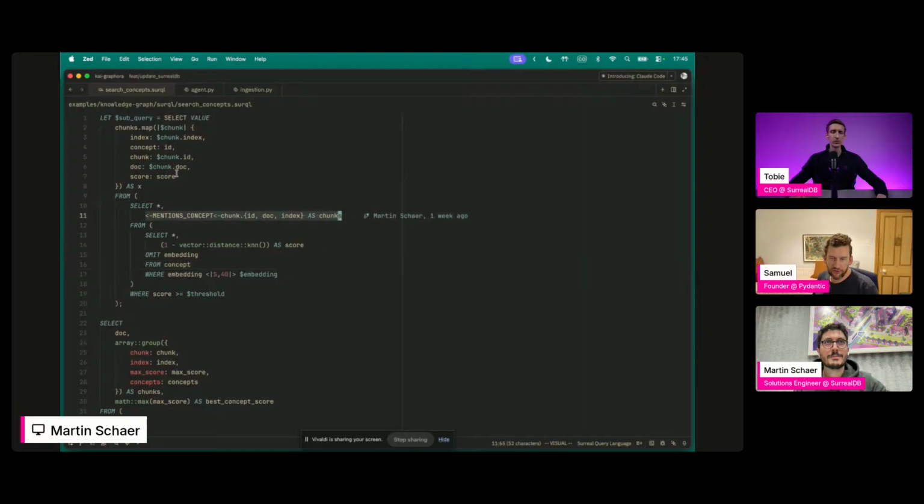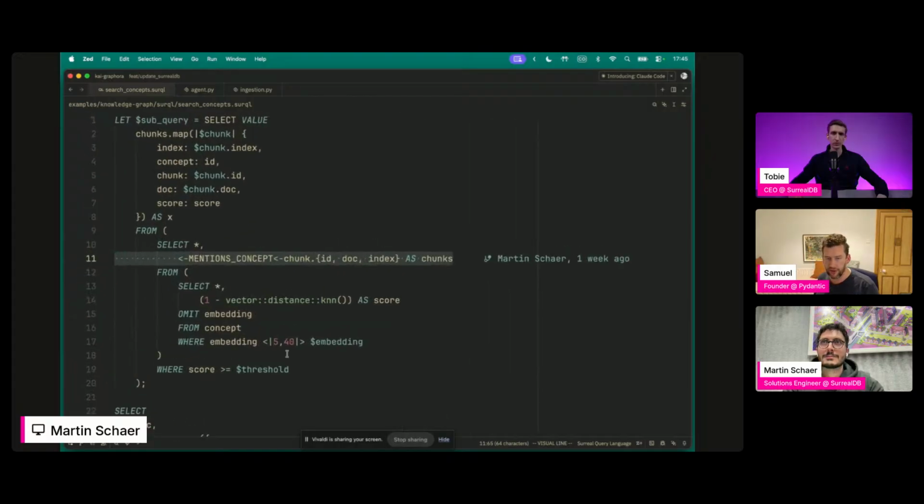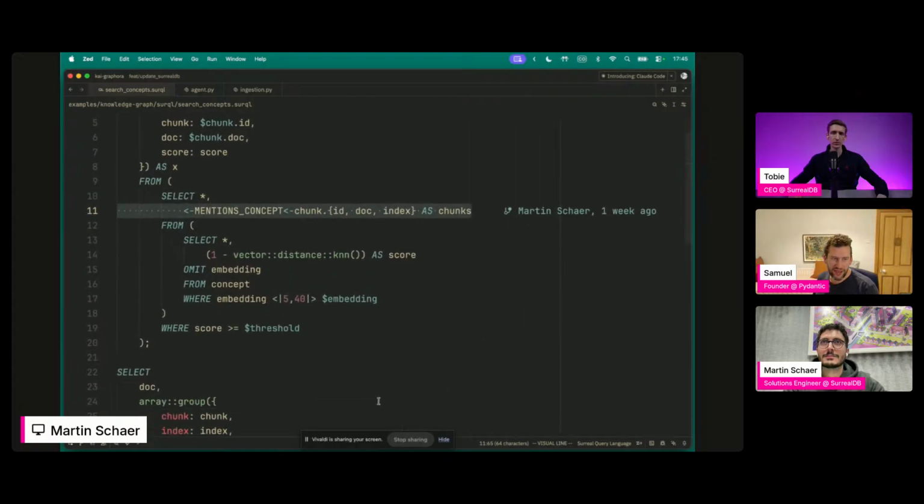Could you just explain for those of us who are not SurrealDB experts? I'm familiar with Postgres's arrow syntax for accessing attributes of JSON data, but I see here, and I saw in your previous query, the arrows going the other way, and my head is exploding. Explain to me what's happening when the arrows are going the other direction.